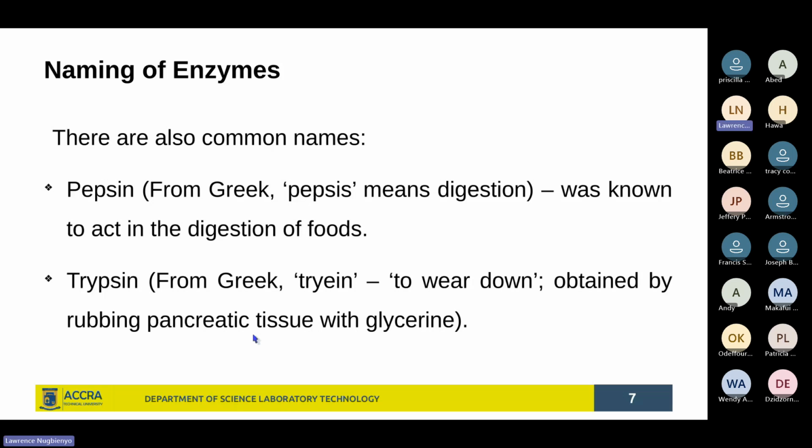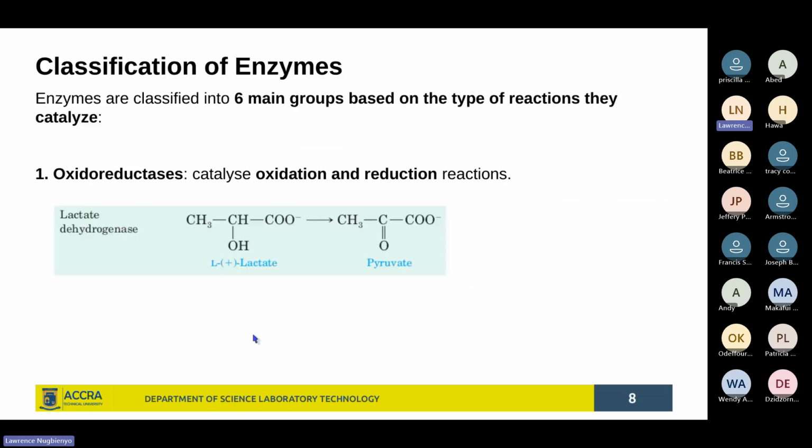So that is after the process by which it was obtained. So these do not follow any systematic way of naming. Then we went ahead and looked at classification of enzymes. We saw 6 classes of enzymes. The first one was the oxidoreductase, which is involved in the catalysis